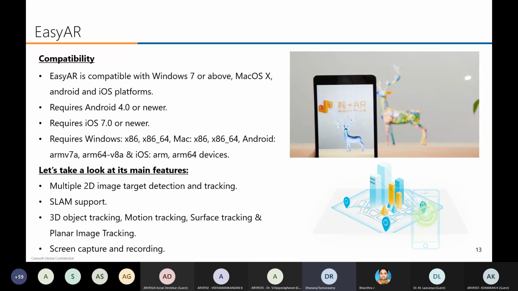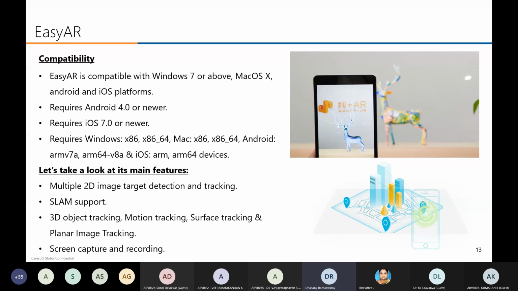But Easy AR supports and runs on Windows 7. I mean, your laptop or your computer, it even runs on Mac OS X. This is the main feature of Easy AR. Suppose you are going to develop an AR application for PC or Mac, then you require Easy AR.